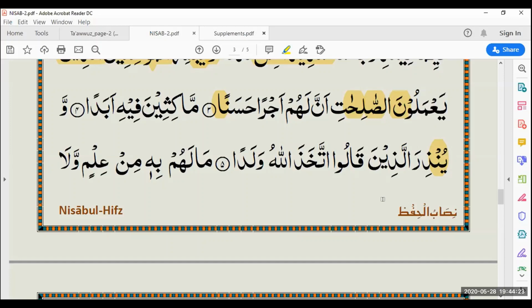Is there huruf al-qalqalah here? Where is this? Not in this case. The rule would not apply in this case. If we have sukoon on top, then it's qalqalah. In this case, it's not qalqalah. Anything else? Okay. Can you tell me which letter is huruf al-tafkhim here?